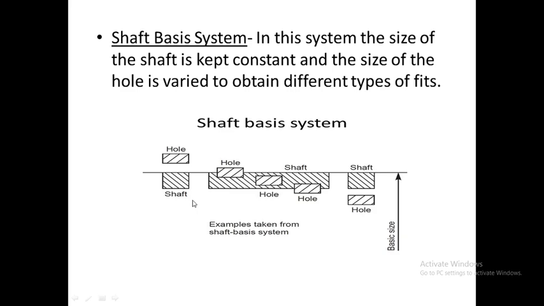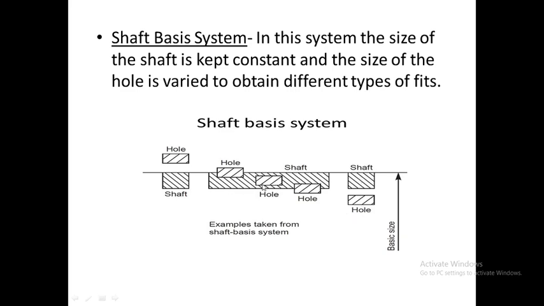Now in this system, we will see when we obtain clearance fit, transition fit, or interference fit. Now you can see in the first case, the tolerance zone for the hole is above the basic line. It means that if we select this combination, the size of the hole will always be greater than the size of the shaft. So this combination will give us a clearance fit. Whereas for this combination, you can see the tolerance zone for the hole is lying below the tolerance zone for the shaft. It means that the hole size for this combination will always be smaller than the shaft size. So this combination will give us nothing but interference fit, since the hole is always smaller than the shaft.